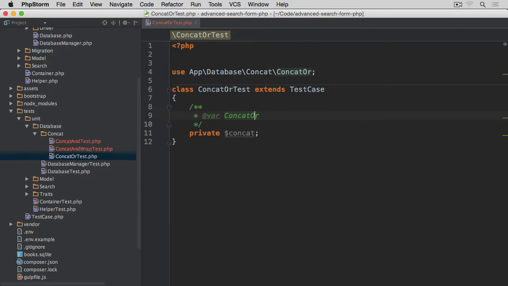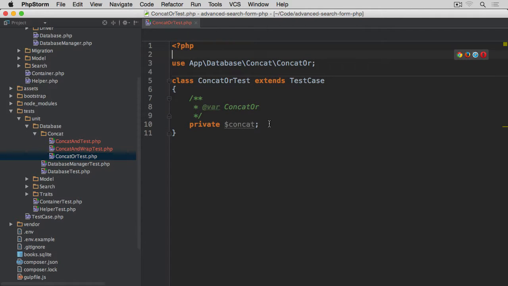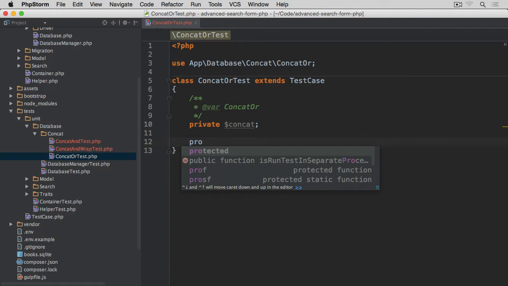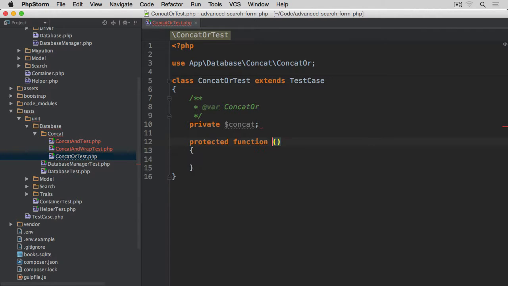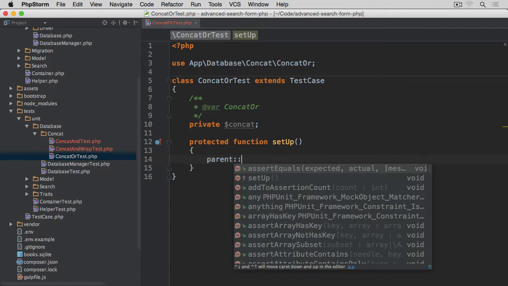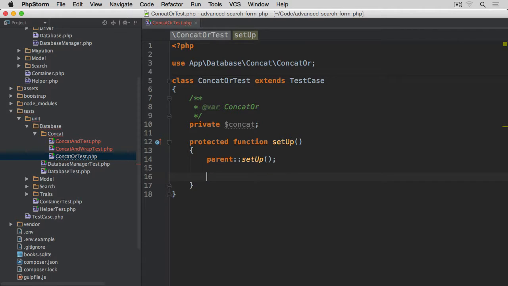Let's import this class as well, right here at the top, and then again setup, so protected function setup,